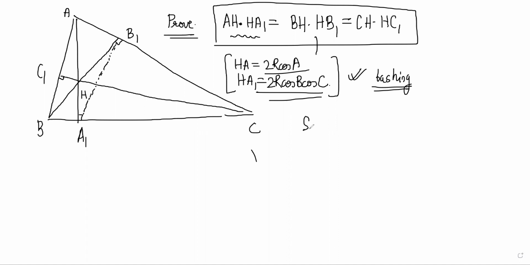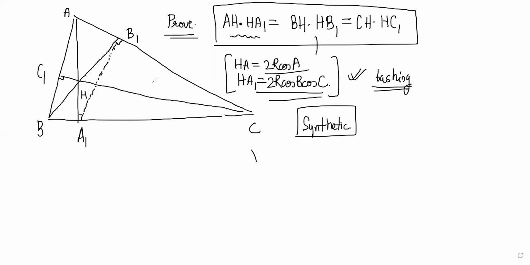The other method is the synthetic method, which is by geometry. So the pure geometry solution would be to think of this as a cyclic quadrilateral. First of all, how will this be a cyclic quadrilateral? Sir, angle AB1B and angle AA1B are the same on chord AB. No, then you are assuming it is cyclic. You have to prove it is cyclic, not say that it is the same on chord.